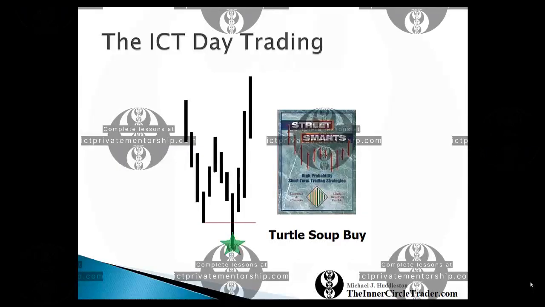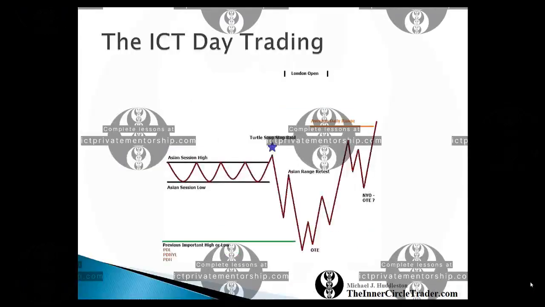So that's why it's important you have a higher time frame respect of your charts, because if you don't keep that in mind, you're going to get nailed by these intraday market reversals. Now, as you can probably guess, the turtle soup on the reverse side is a break above the high, and we'll talk about that as we get to it. But most everyone that's familiar with my concepts in day trading, especially as it relates to